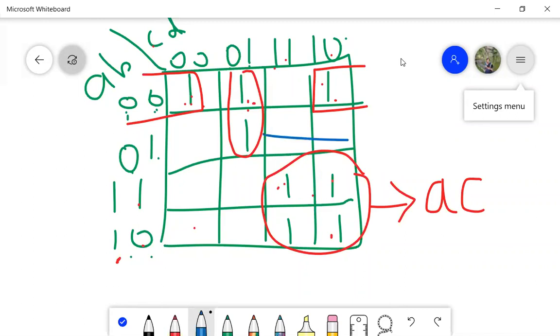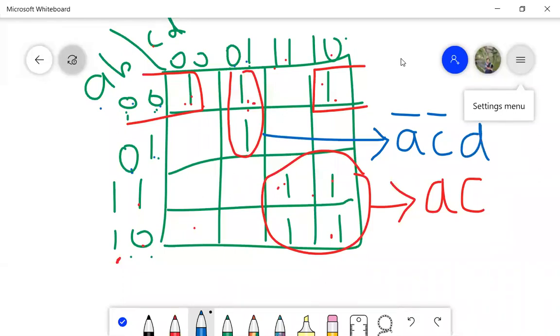Now if I solve this, what is this equal to? Here 0 and 1 are getting cancelled. 0 0 is left out. 0 represents A, so in A terminology, it means A bar because it is a 0. And here nothing is cancelled, so you have to write it as it is. C and D: 0 for C is C bar, D is D. 0 1.